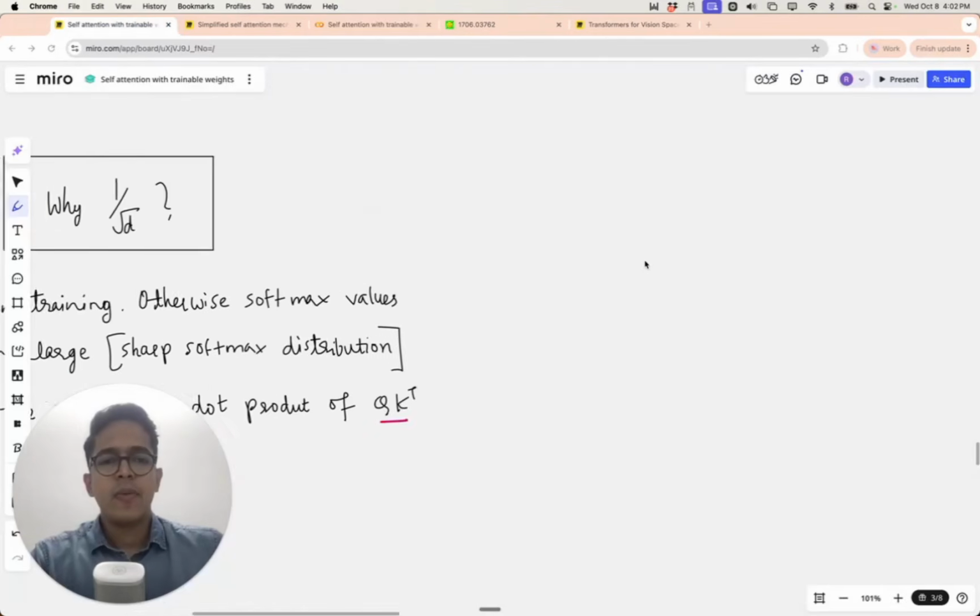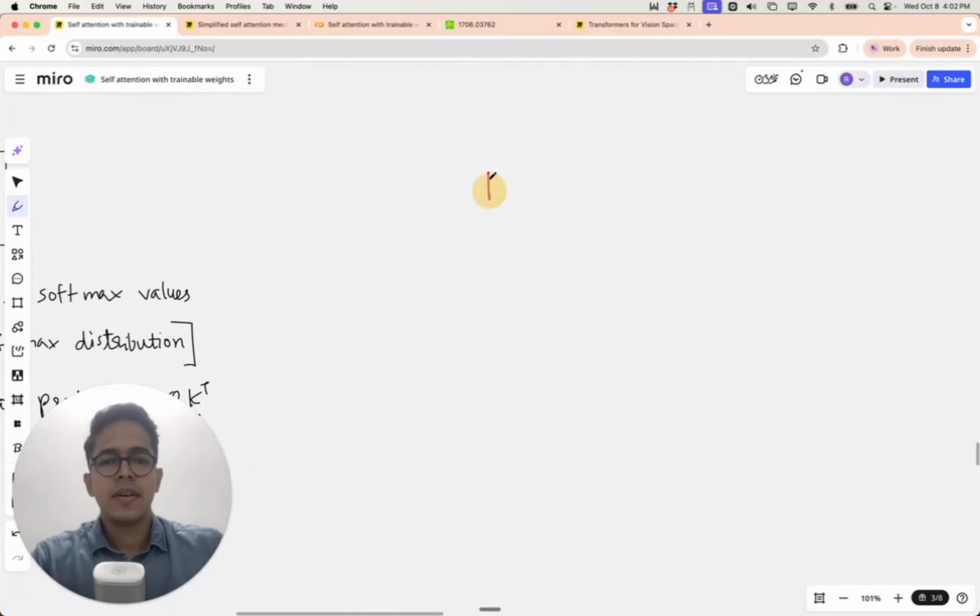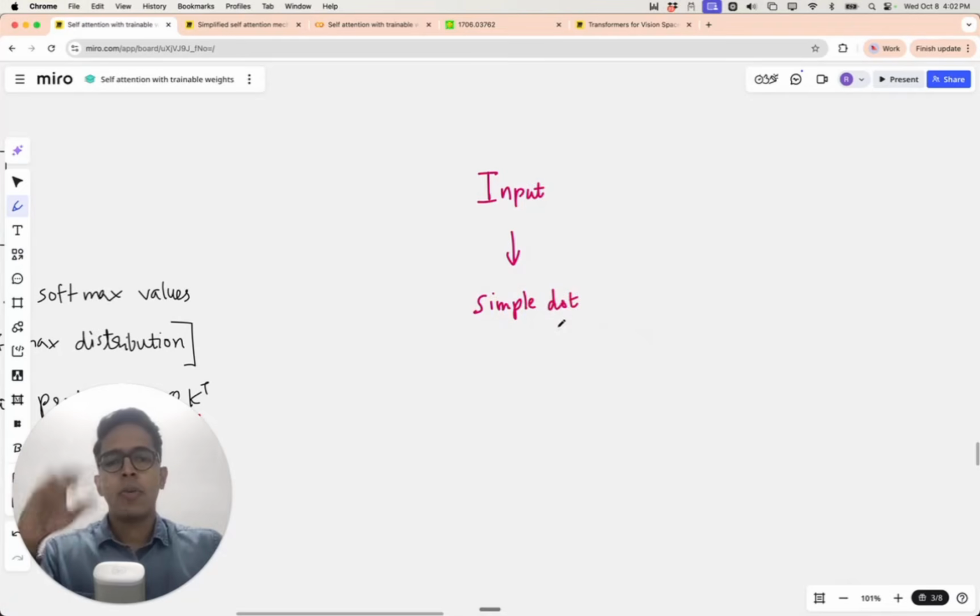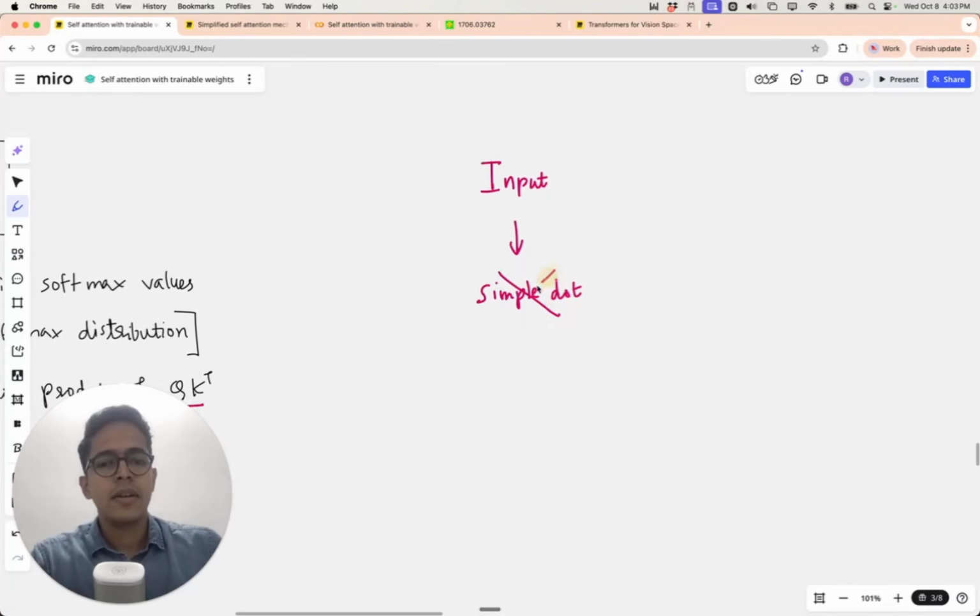Now, just to recap what all we discussed, we had input vectors, and we discussed that simple dot product was what was done. Before, in simplified self-attention, we took simple dot product, but we saw the issue with it for calculating attention scores, because simple dot product sometimes may not give us good attention scores, which will help us eventually to get good context vectors. So simple dot product was not enough. So we decided we will not be taking simple dot product. We will be rather taking dot product of something else. And what is that? We will be taking dot product of transformed